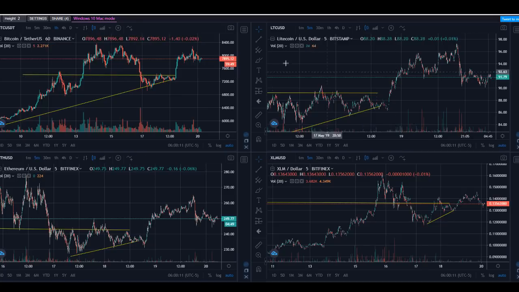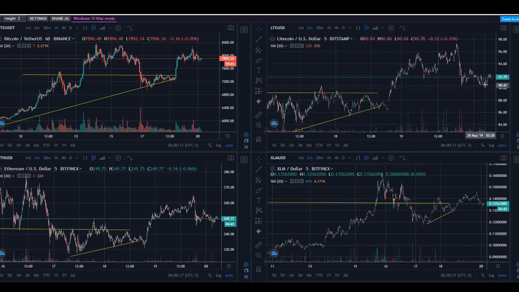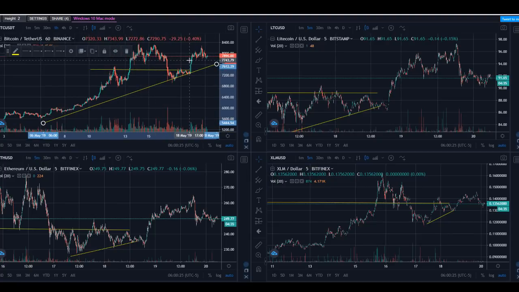Bitcoin US dollar, USDT, Litecoin US dollar. We can see it's broken higher out of this triangle and it's holding. It's broken higher from this triangle and holding. This triangle now can extend out, and this would be our large ascending wedge triangle, which throughout this whole period,